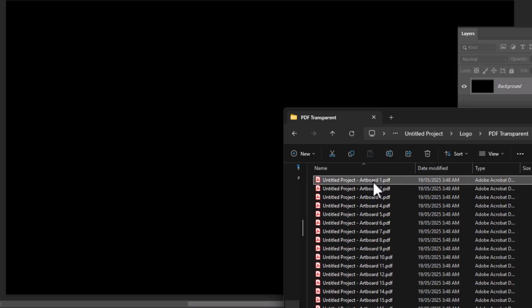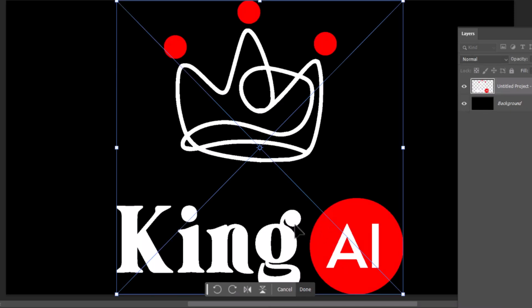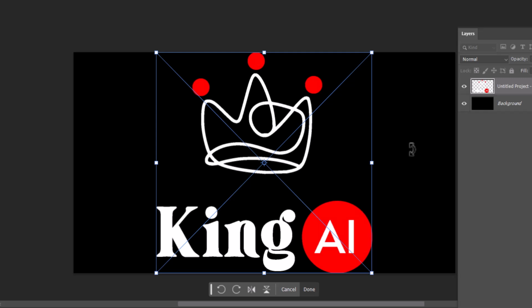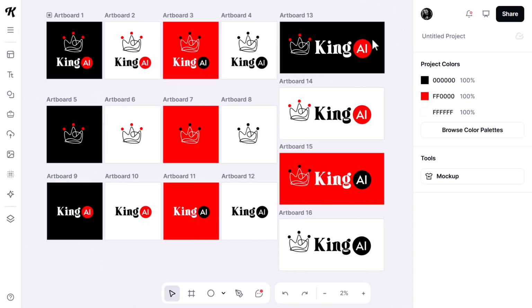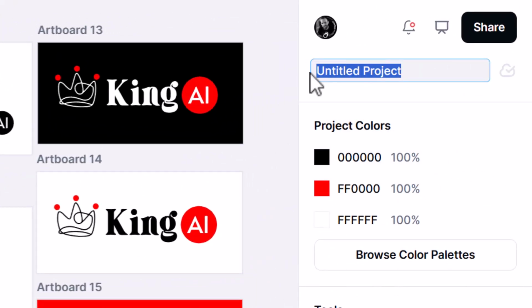But if I bring this PDF into Photoshop with a dark background, you'll notice that all the objects are there. It's just simply because we have white objects against a white background that makes this image hard to see. But coming back to Kittl, if I want to go through this project properly, instead of typing Untitled Project, I'll